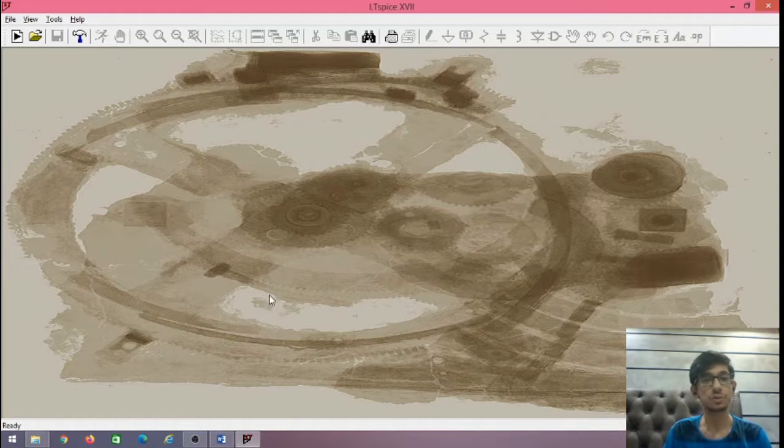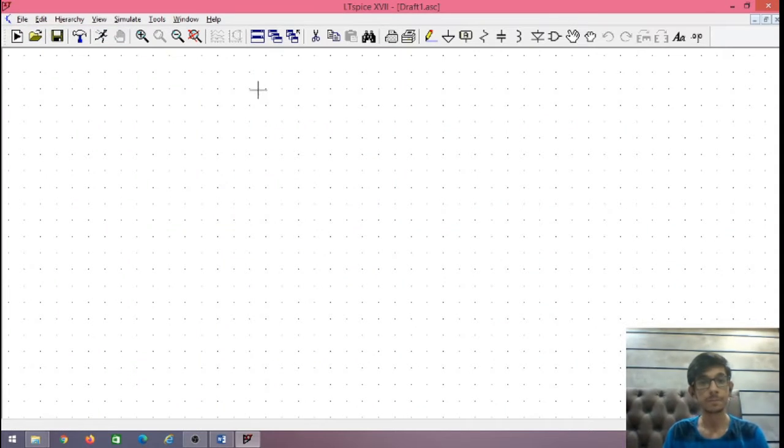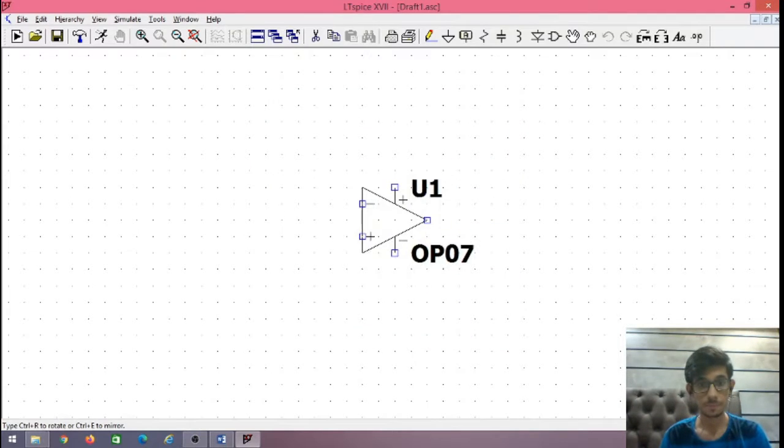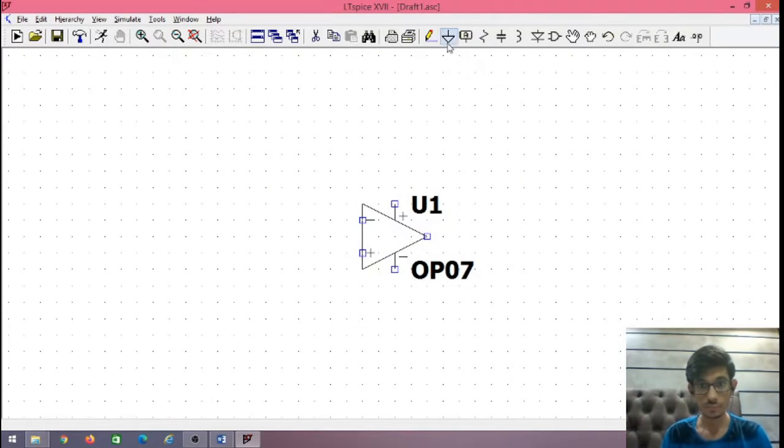Today we are going to do the third experiment of the DLIC subject, and in this experiment we are going to build an integrator circuit. So let's start with it. For an integrator circuit we will need an op-amp, resistors.